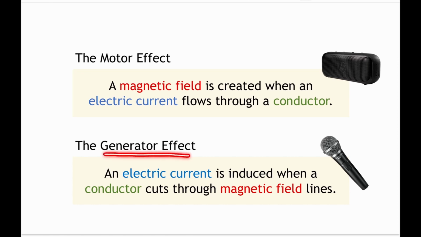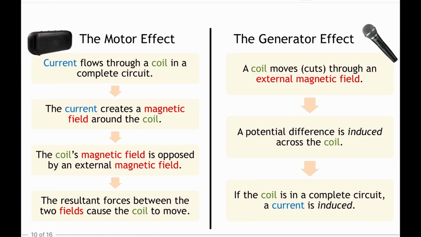Meanwhile, in the generator effect, we can say that an electric current or potential difference is induced when a conductor cuts through magnetic field lines. You should start answers about the generator effect by talking about magnetic field lines being cut, often by a rotating coil. Here are the two processes summarized, and you may have noticed the images of a loudspeaker